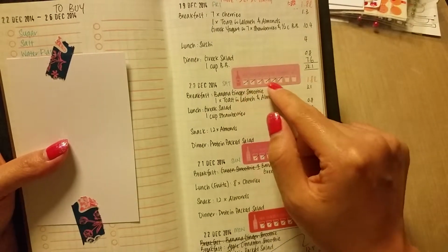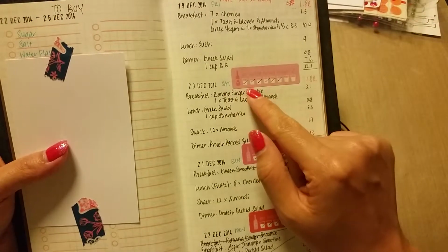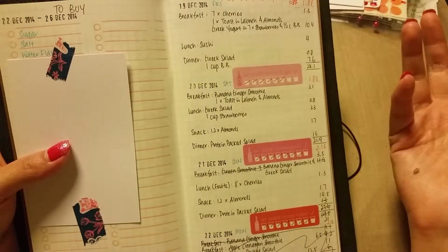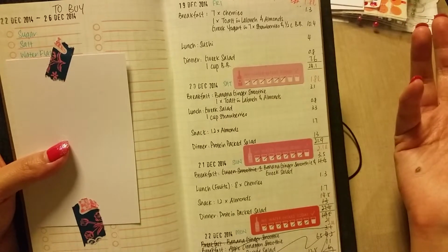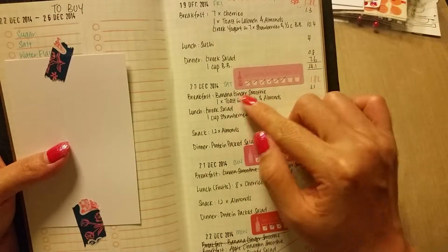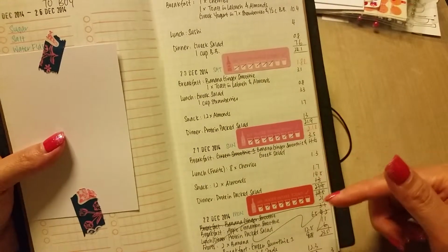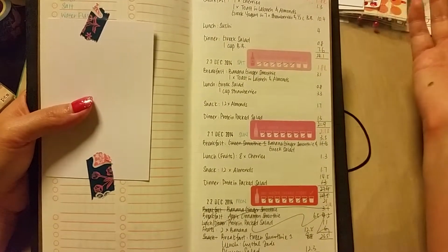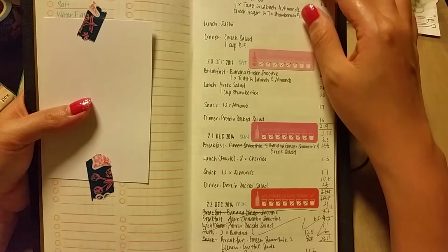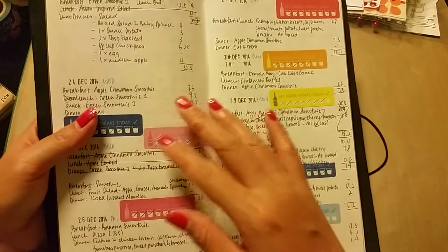Every one glass is actually about 240 to 250 ml of water, but for me, I put one glass as 300 ml. That works for me because I thought I should drink at least 2 liters of water on a daily basis. As you can see, on Saturday I didn't quite meet the mark because I only drank 1.8 liters of water, so I decided to increase. When you start taking high fiber food, it's always wise to increase the amount of water that you take. So this is basically what I had, and I've been enjoying my life visiting the toilet on a daily basis